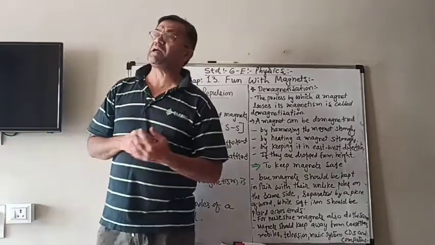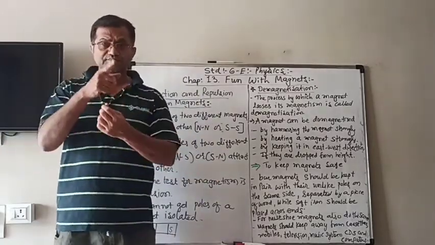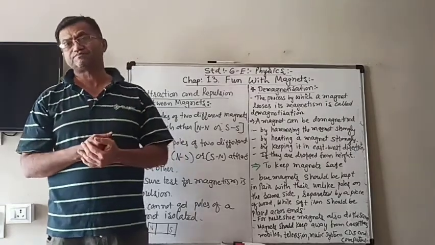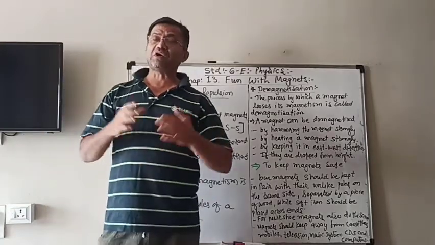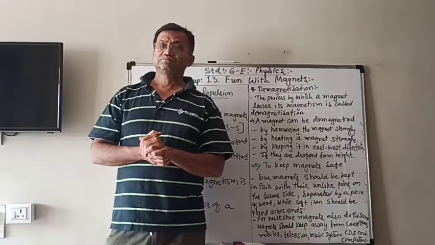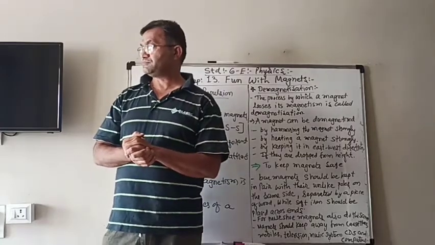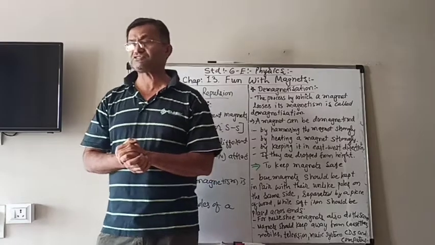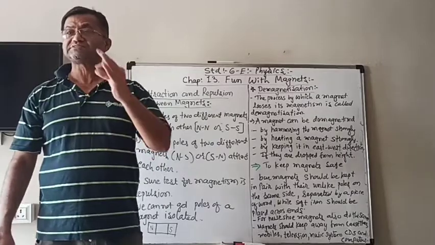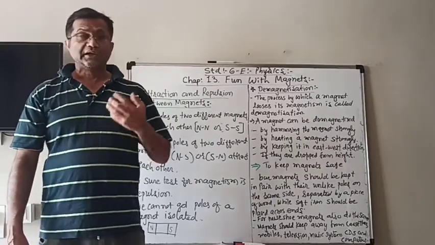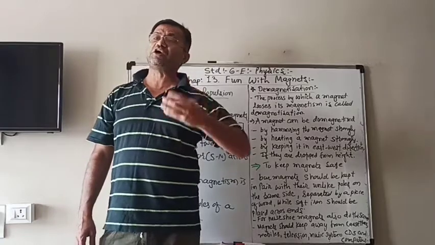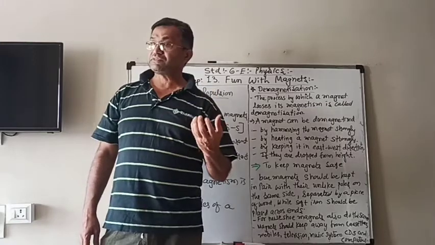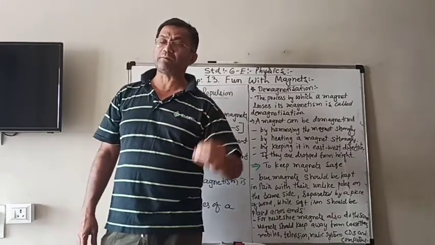Similarly, if you take a magnetic needle and pass it through a cork and put it in the water, then when the water is steady, you will notice that the magnetic needle will again come to rest in the north-south direction. It means that in the sea also, if you want to know the directions, you can use this magnetic needle or the compass.